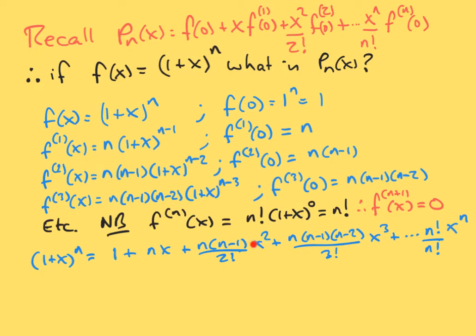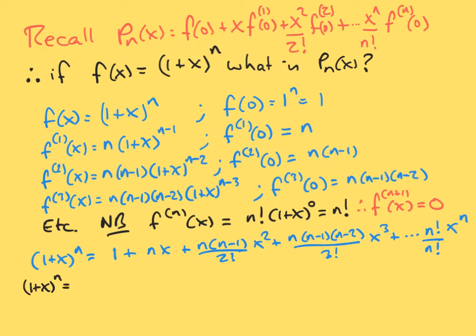So if we want to multiply by those terms on the top, we have to multiply them on the bottom as well. So this would give us n factorial over 2 factorial times n minus 2 factorial. Those are the extra terms. So what we're obtaining is that 1 plus x to the n